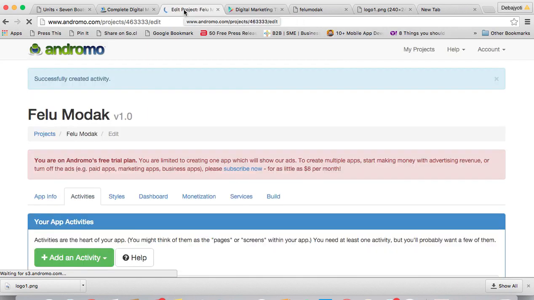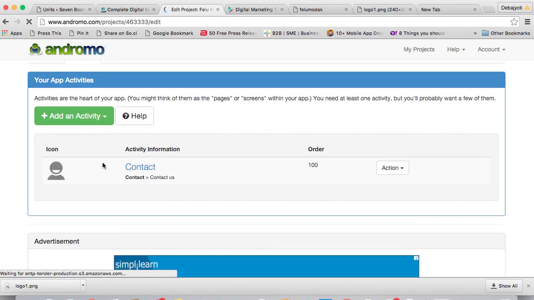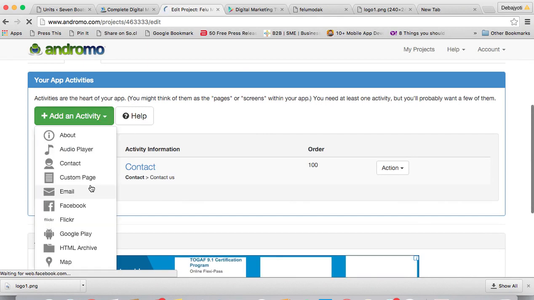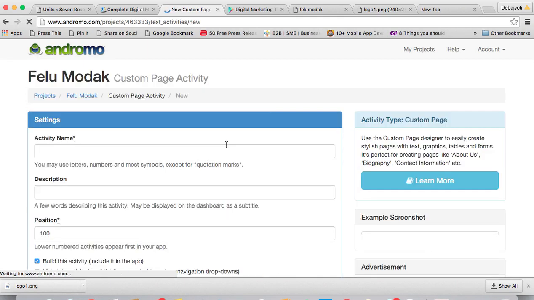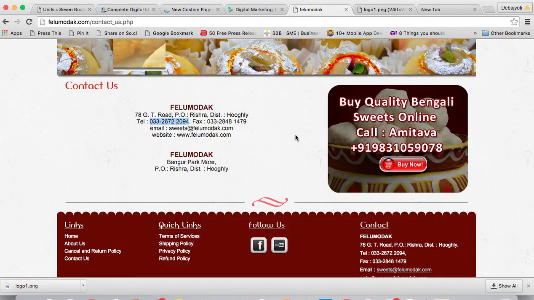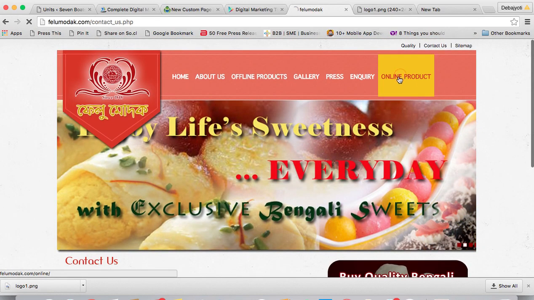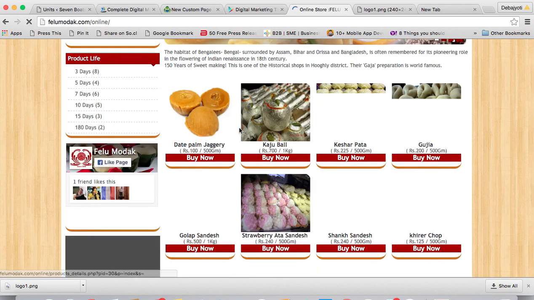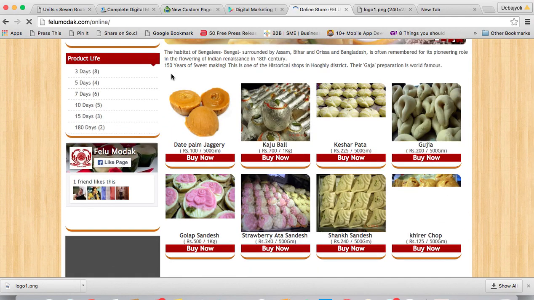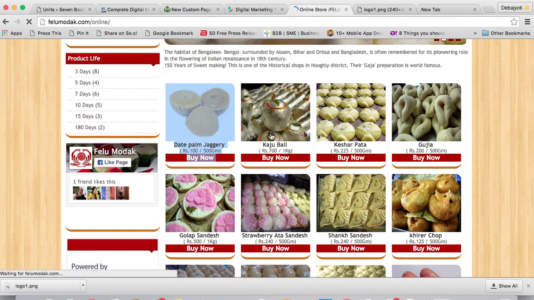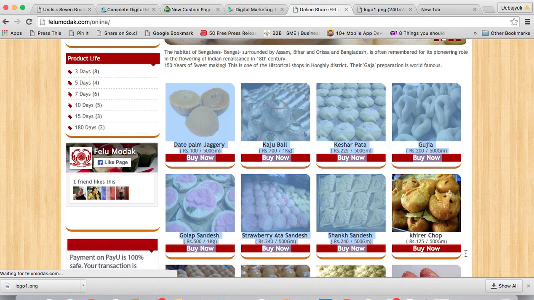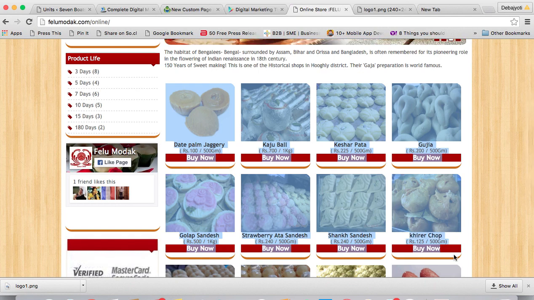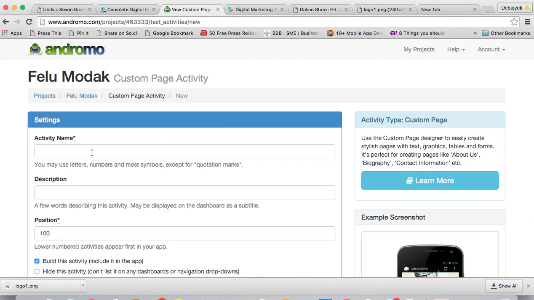Similarly, you can add different other activities. So if you want to add a custom page, you click on the custom page. Now you go to their online products and you select the online product here. So these are the different online products you can see here and you can copy paste directly. You can copy these products and go to custom page. You keep it buy online,